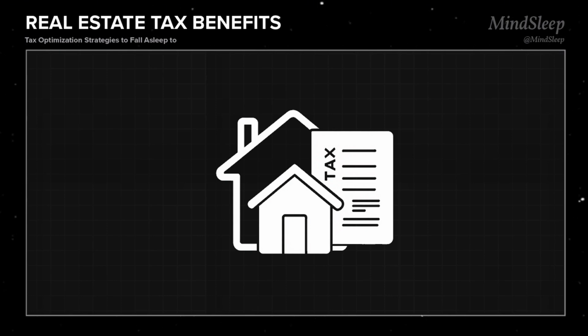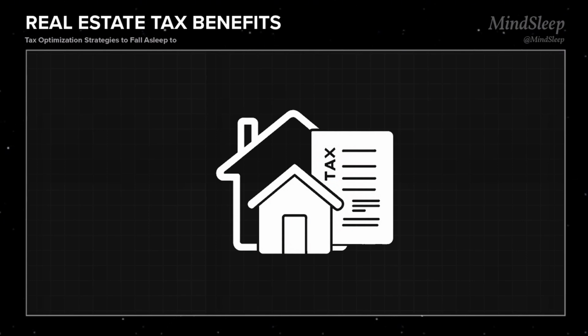However, by utilizing a 1031 exchange, you could sell that property and use the proceeds to purchase a larger apartment complex or even a commercial building, all while deferring the capital gains tax. This strategy allows you to essentially trade up your investments without the immediate tax consequences, potentially snowballing your real estate